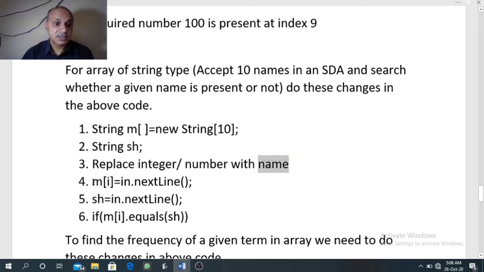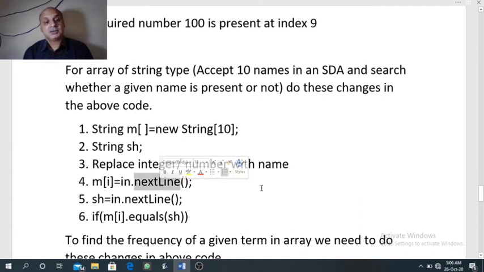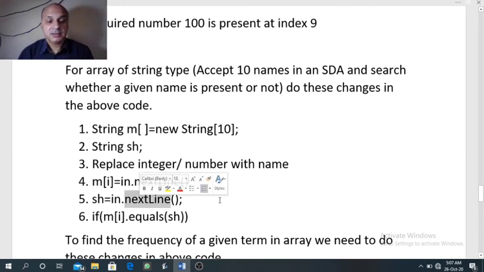Now the function to receive the string value is next line. So next int will change to next line. Search item was an integer value in the previous program. Now search item is a string value, so again next int will change to next line.